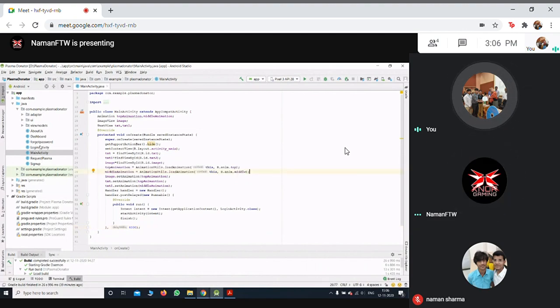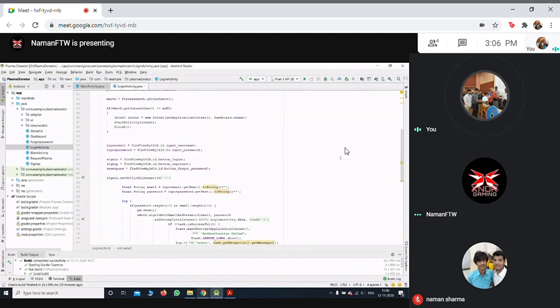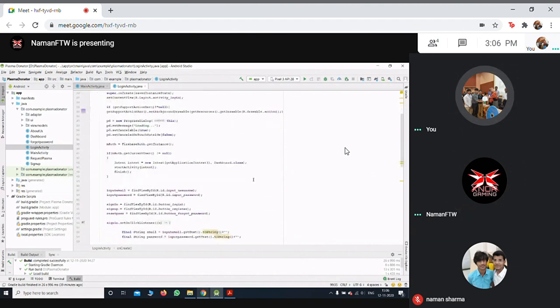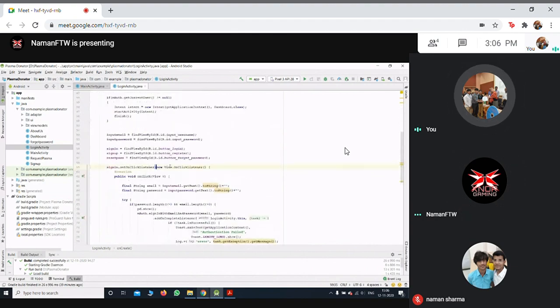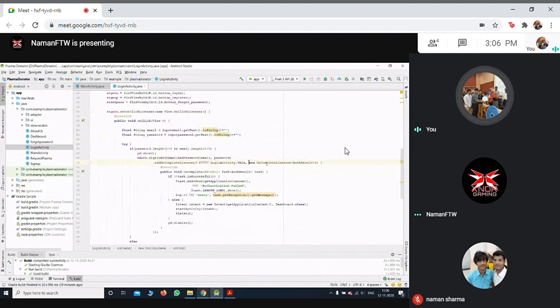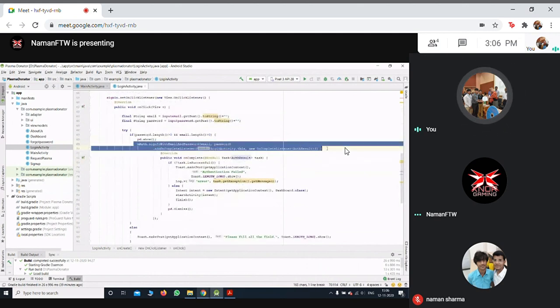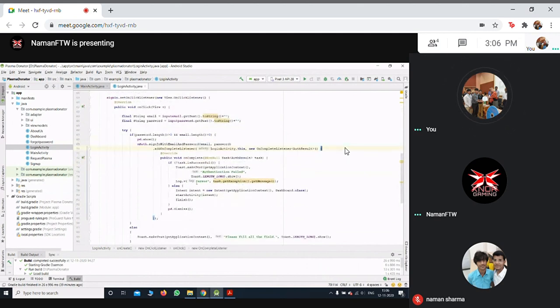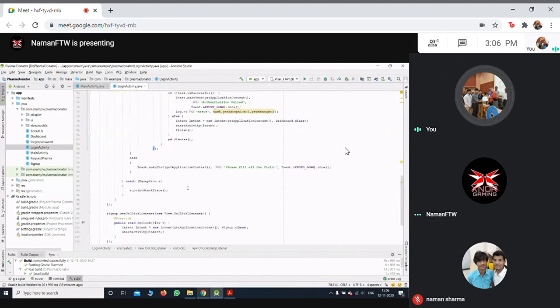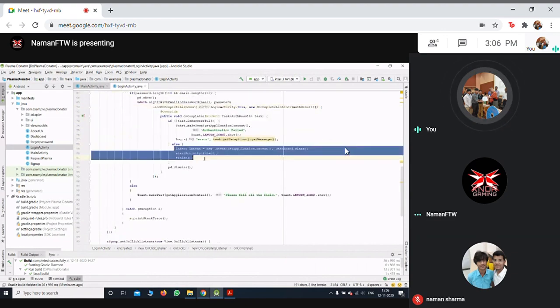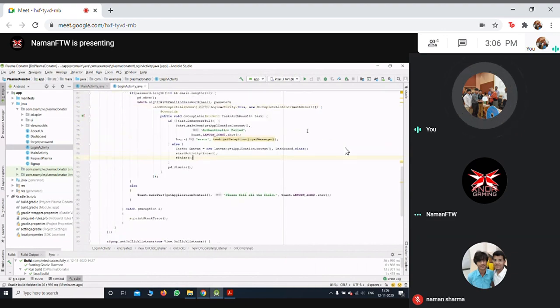And then we have the login activity where the user can log into the application. The details they enter, like the email and password, are verified using the mauth method in Android. And once the app authenticates whether the details are correct or not, then the user is redirected to the dashboard activity.